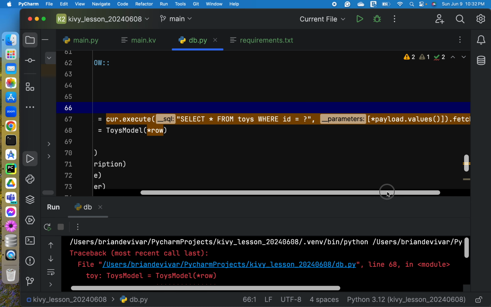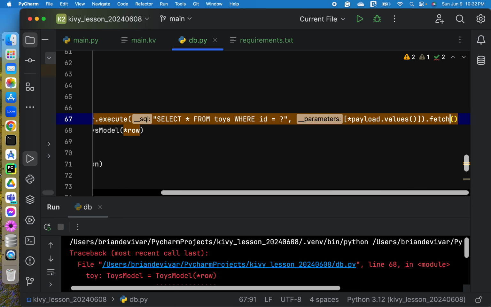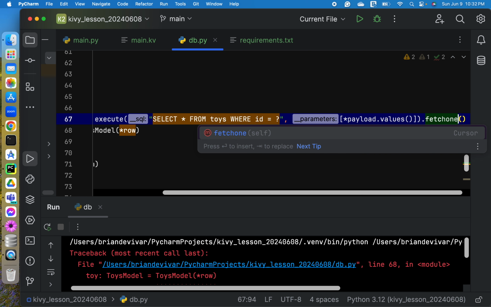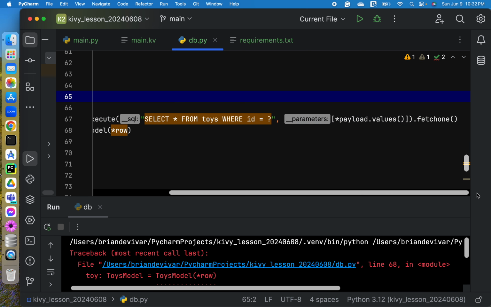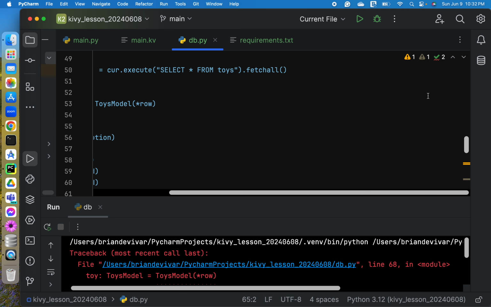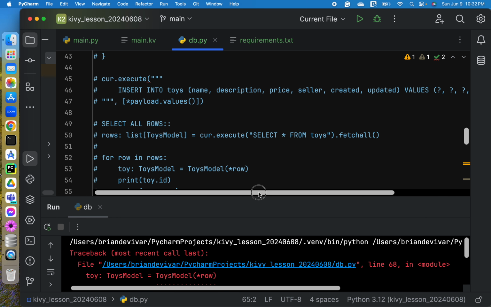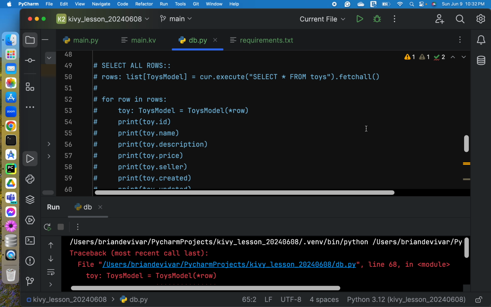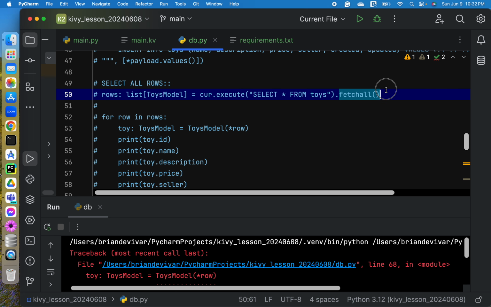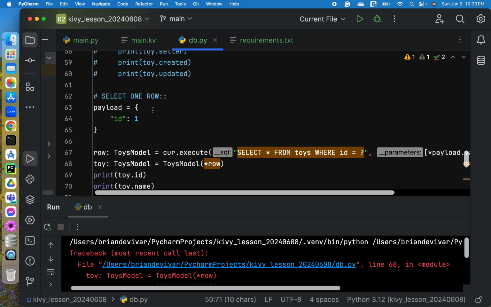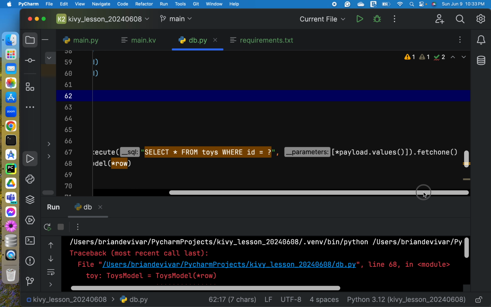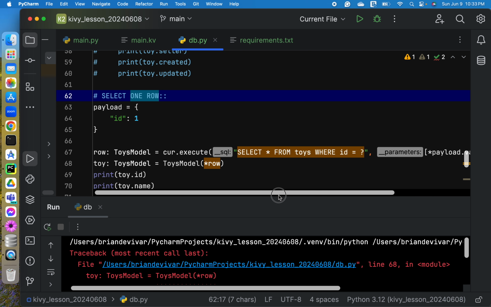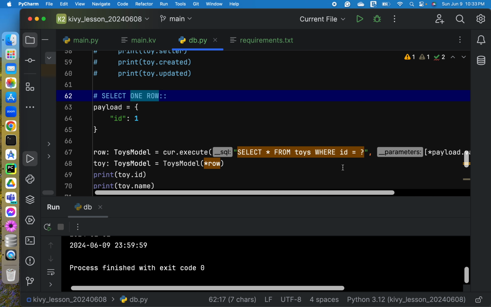Okay, we forgot to change this. We need the fetch one method. So let us check. Okay, in selecting all rows, we need the fetch all. But if we need only one particular row, we need the fetch one. Okay, so let's test it again.